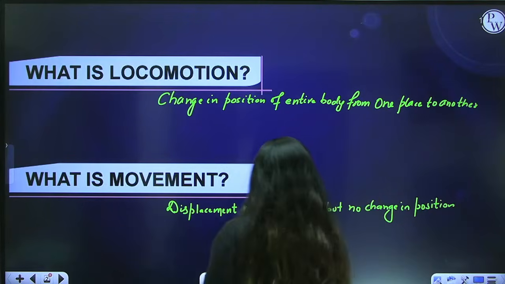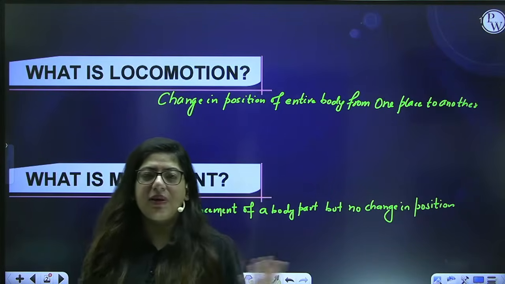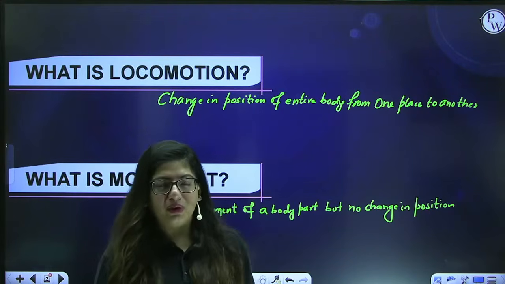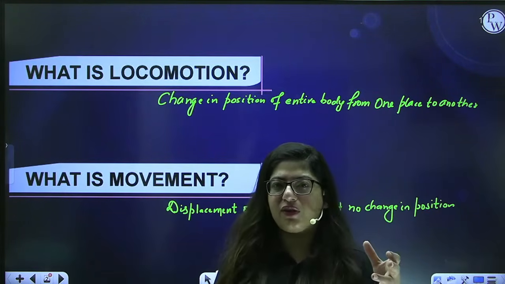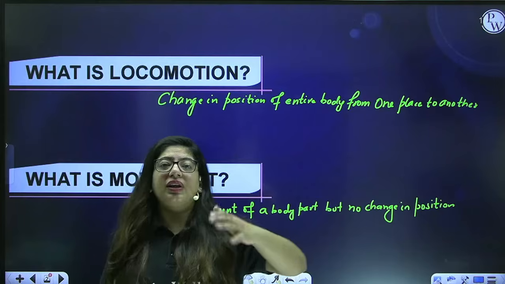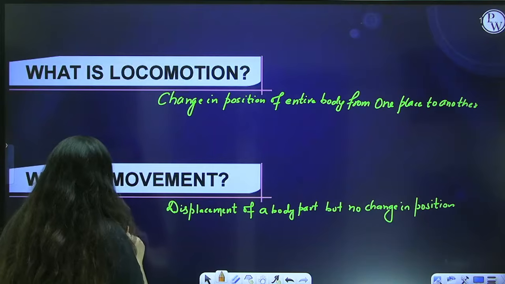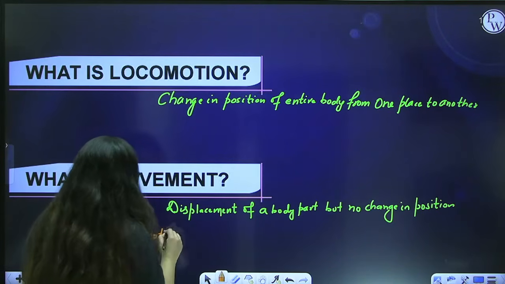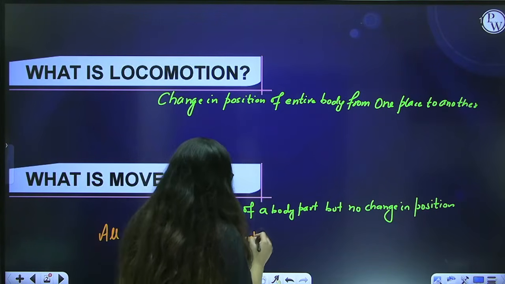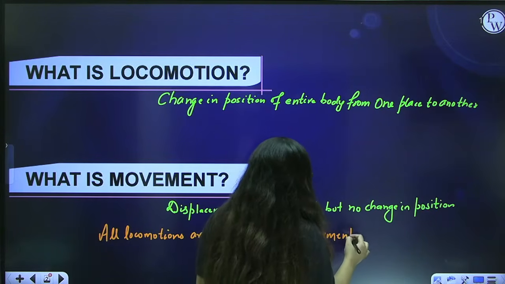Fine. So this is how we say what that golden line is. These lines are also important. Sometimes the examiners, the NTA who make the question paper of NEET, nowadays are putting out questions where they directly give the lines of NCERT. So you need to know the meaning of the line, whether it is right or wrong. So there's a line of NCERT: all locomotions are movement, but all movements are not locomotion.